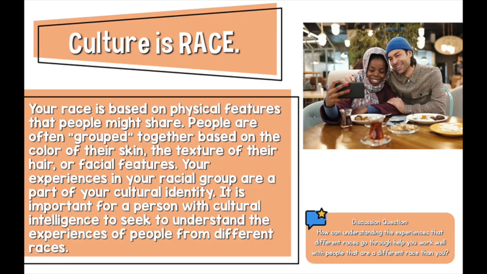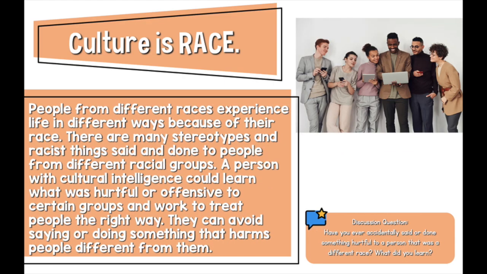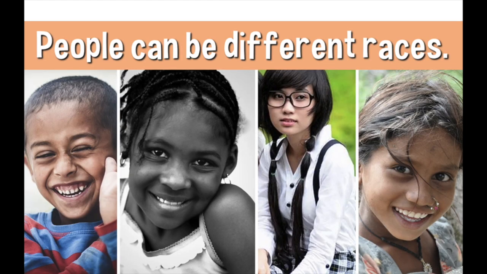I talk to my students about race and the fact that race is based on physical features that people may share, and people are grouped together because of these physical features like skin color and hair and the way their noses are and the way their bone structure is, and that people can be different races and this is okay. Culture is race. We need to see the beauty in it instead of just looking for the differences to be afraid of or to categorize people as less than. We need to see the differences to appreciate them instead. And while we have these lessons during social studies time, these lessons also come out in the books we read and other lessons throughout our school day.